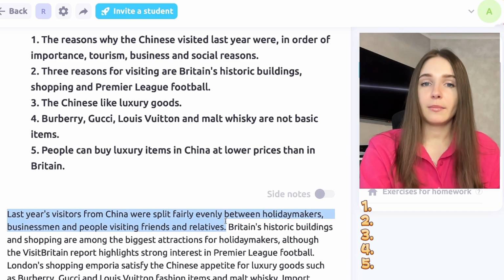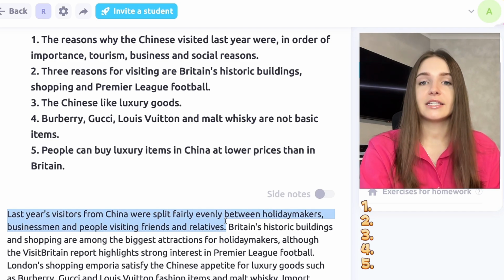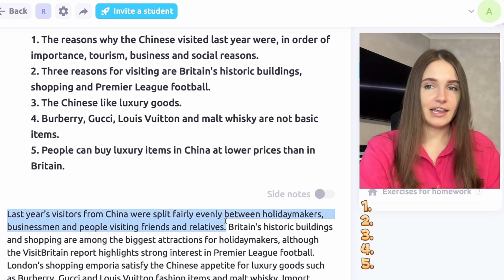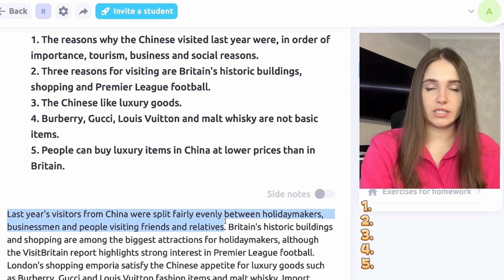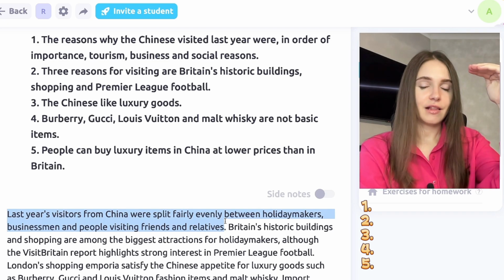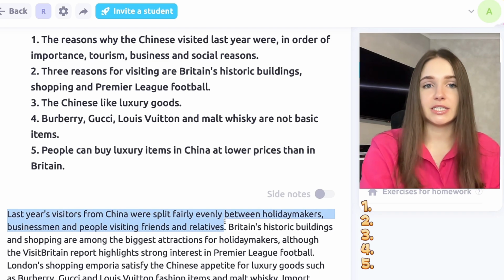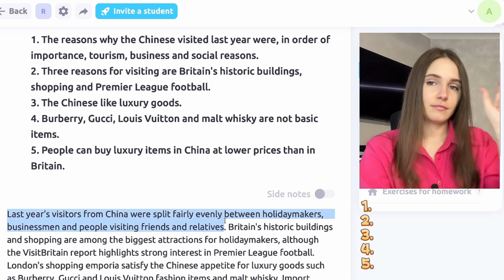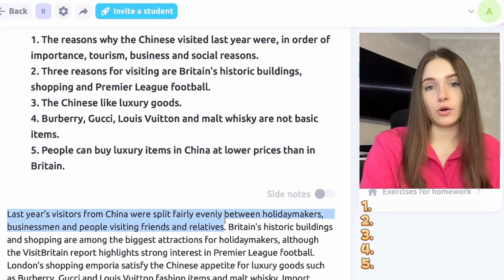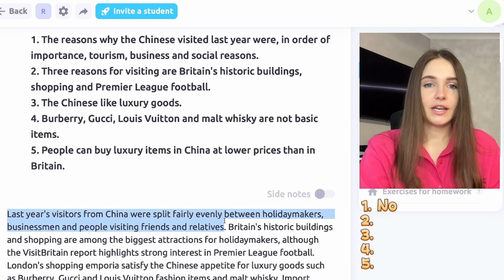But when we come back to our task, we see that these reasons are given in order of importance, meaning that tourism is in the first place, then business, and then social reasons. So here it will be no, because they changed the meaning a little. So here it is no. Let's take a look at the next one. The next is